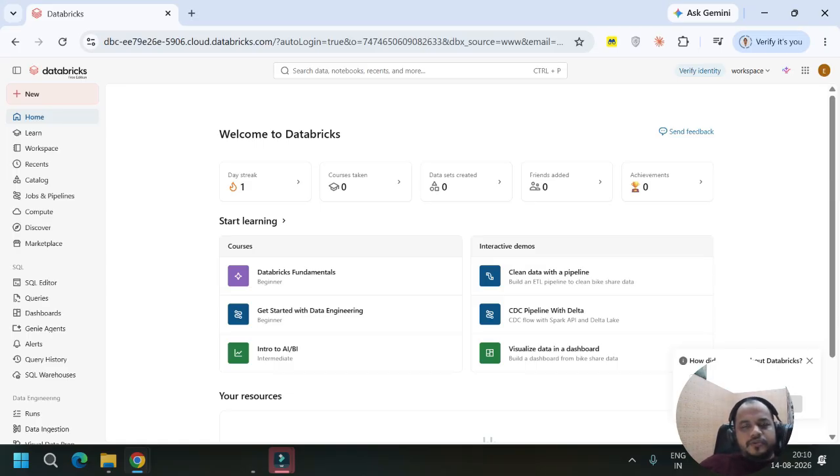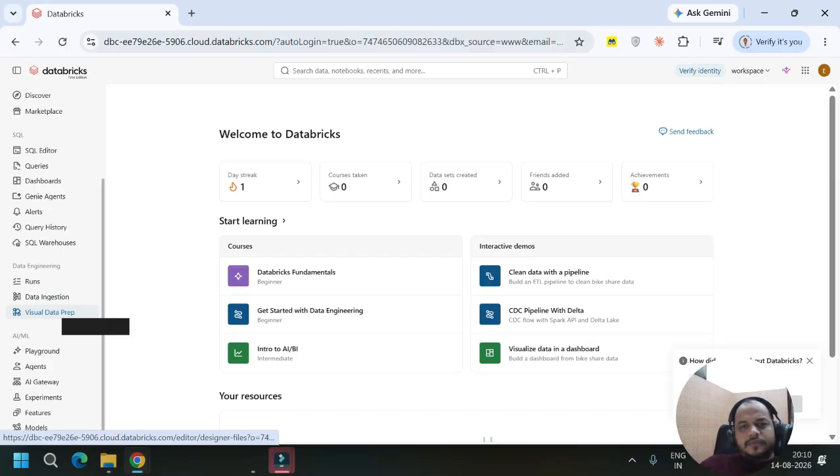And if you want to use some AI features and some other features which come under the paid version, you have to pay for that for Databricks. On the left hand side you can see all the options are appearing here. From here you can create a workspace and a lot of things you can do in Databricks, which we will see